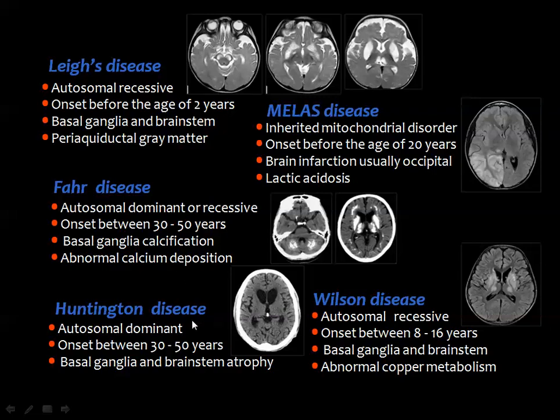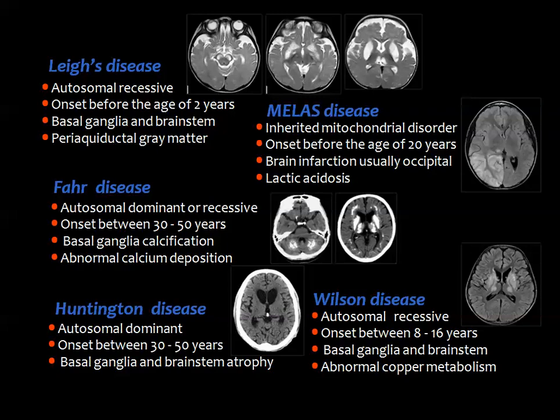Then Huntington disease is an autosomal dominant disease appearing between the ages of 30 and 50 years, and the main imaging finding is the atrophic changes mainly affecting the basal ganglia, mainly the head of the caudate nucleus, and there is consequent abnormal dilatation of the frontal horns of the lateral ventricles, and also there may be atrophic brain changes as well. Finally, Wilson disease is an autosomal recessive disease of copper metabolism leading to abnormal deposition of copper in the tissues,